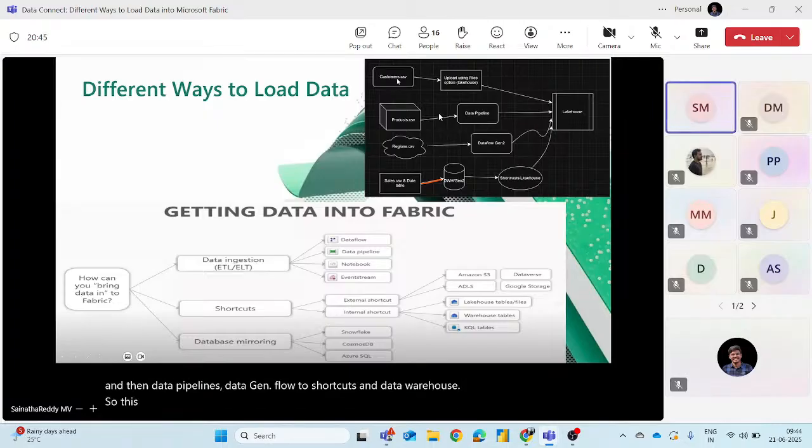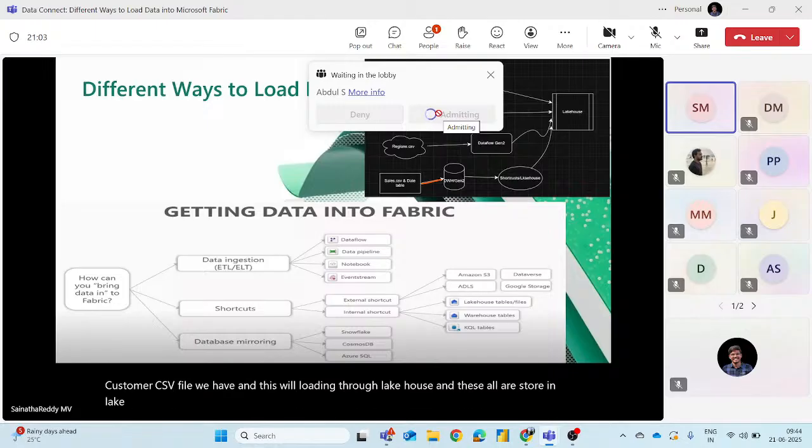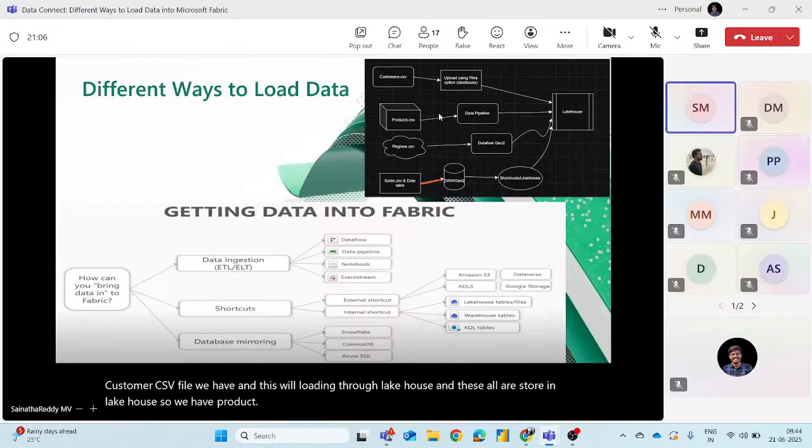So if you see, this is the customer CSV file we have, and this will be loaded through Lakehouse, and these are all stored in the Lakehouse. So we have product, region, CSV, sales, and date.